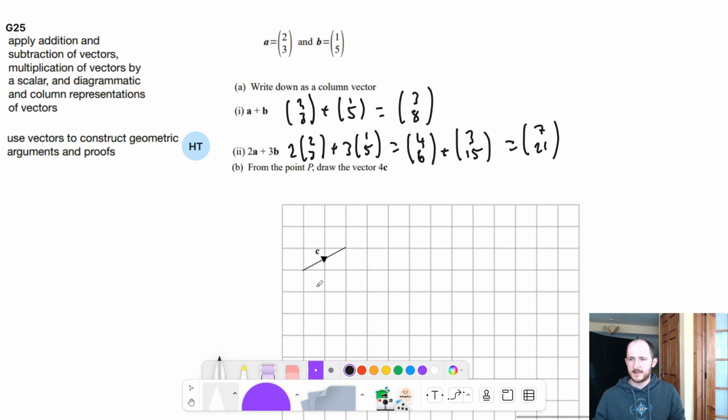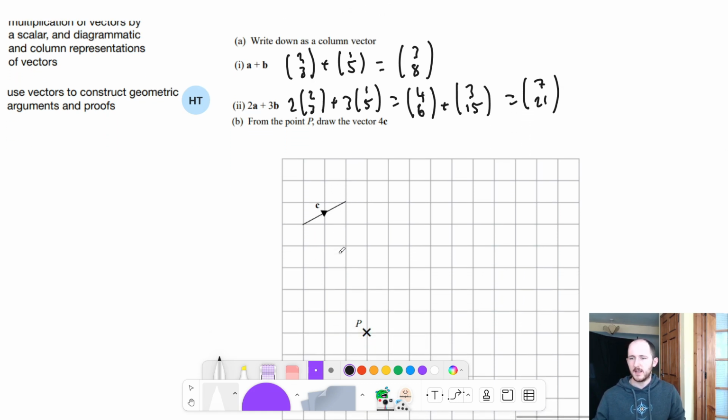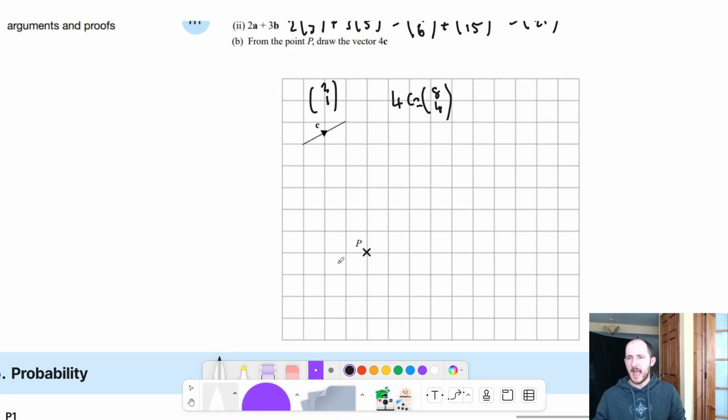It says here, this vector C is drawn here. So as I can see, the vector is just 2 to the right and 1 up, so that's 2 and 1. And it says draw the vector 4C. So if I wanted to work out what 4C would be, it's going to be 4 times 2, which is 8, 4 times 1, which is 4. So I need to draw something that goes 8 to the right and 4 up. So 1, 2, 3, 4, 5, 6, 7, 8. 1, 2, 3, 4. So there, and then it would be a straight line